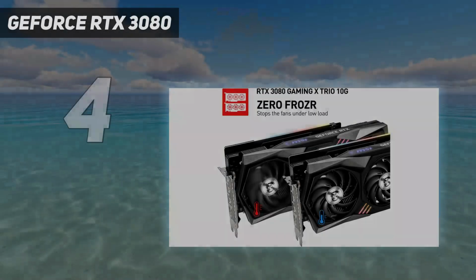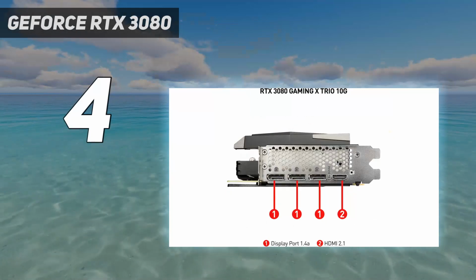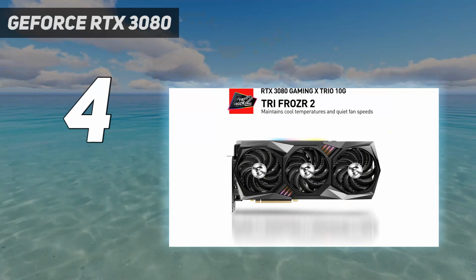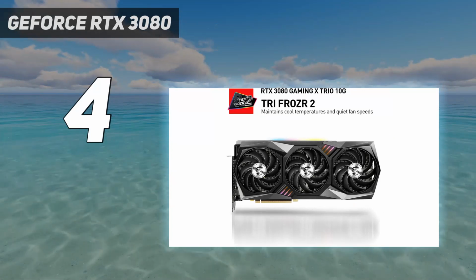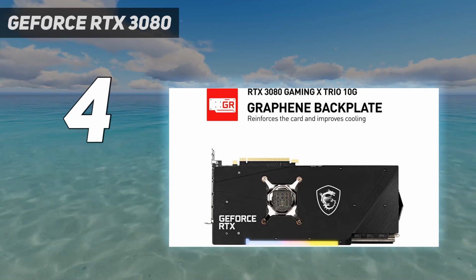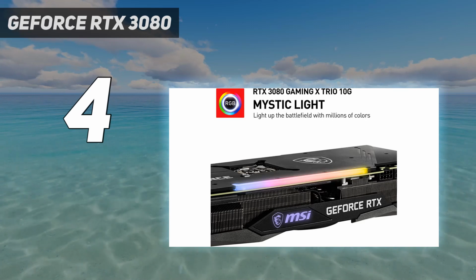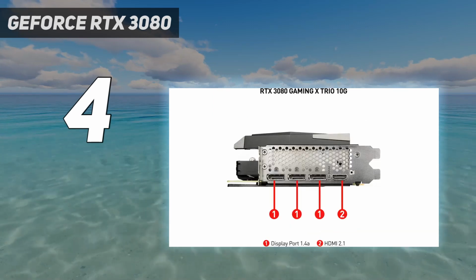GeForce RTX 3080. Nvidia's GeForce RTX 3080 with the now previous generation Nvidia Ampere architecture continues to be a great option, though it's now lost some of its luster. The recommendation also applies to all RTX 3080 cards, including the RTX 3080 Ti and RTX 3080 12GB,